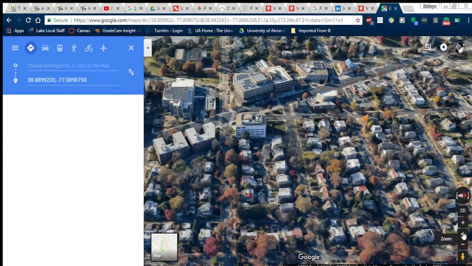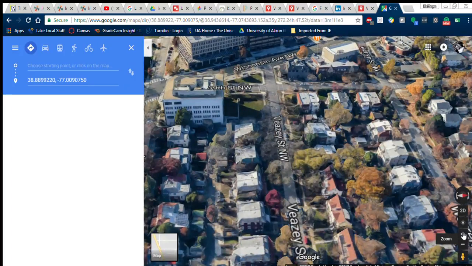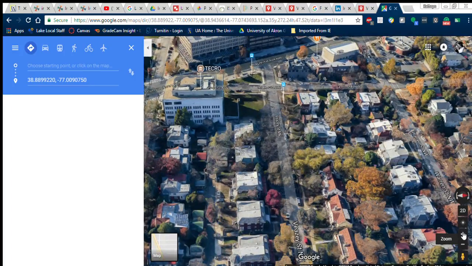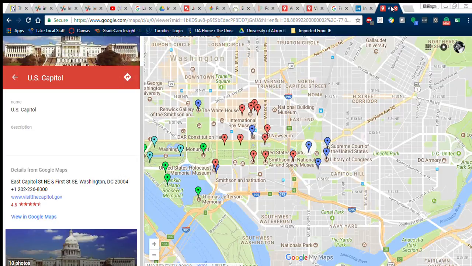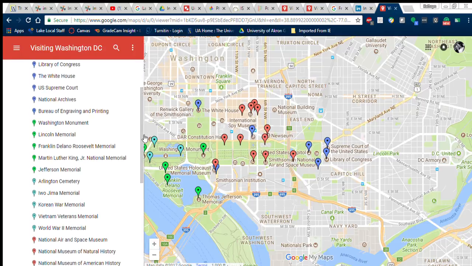Looks like some office buildings, maybe even some residential places that you can scroll in really close on, just to see a current satellite view of different locations. So we're going to go back to the DC tour and look at some of the other locations that they provide. We're going to scroll down and